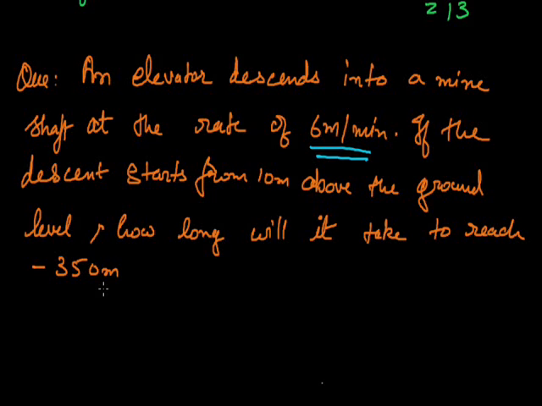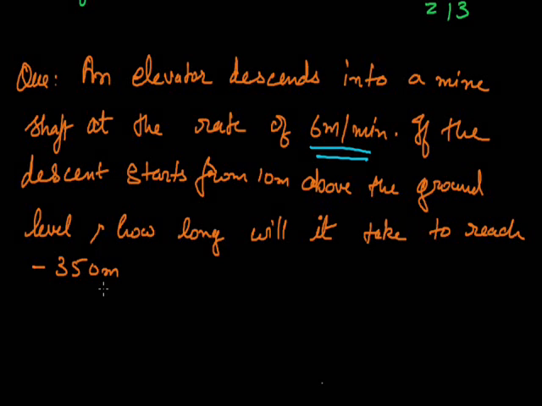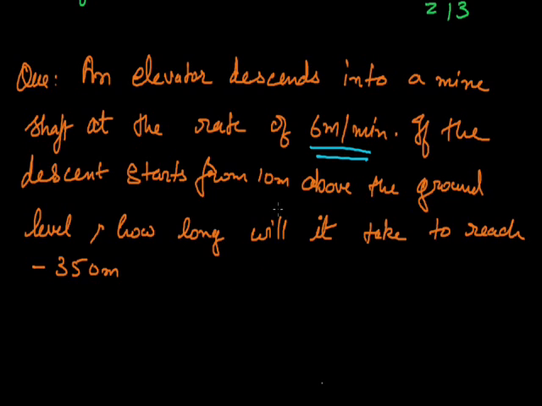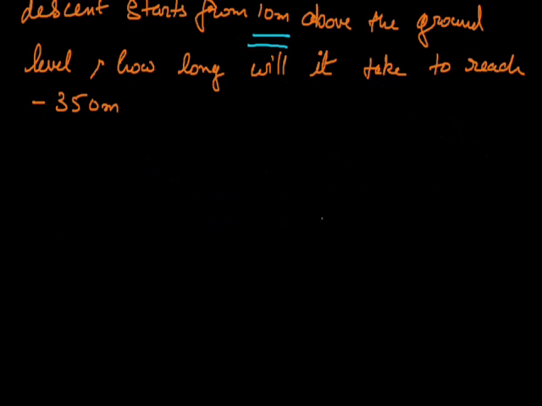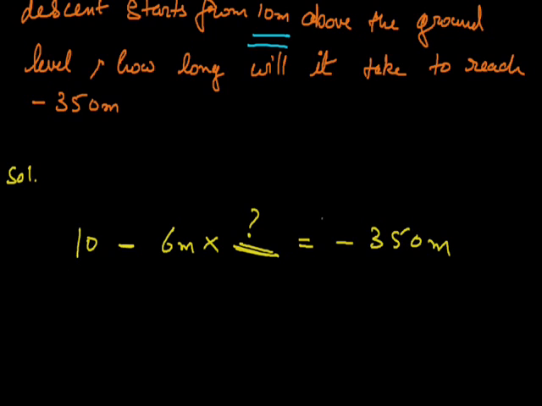Minus sign shows that it is going downwards, and we have to find when it will be minus 350 below the ground. And further we know that it is 10 meters above the ground at present. Now see, it is 10 meters above the ground and it is descending. Descending means minus 6 meters per minute. Then in how many minutes will it come to a height of minus 350 meters? Now we have to find the time that it will go 350 meters below 0, and it also has to cover these 10 meters which were above the ground.